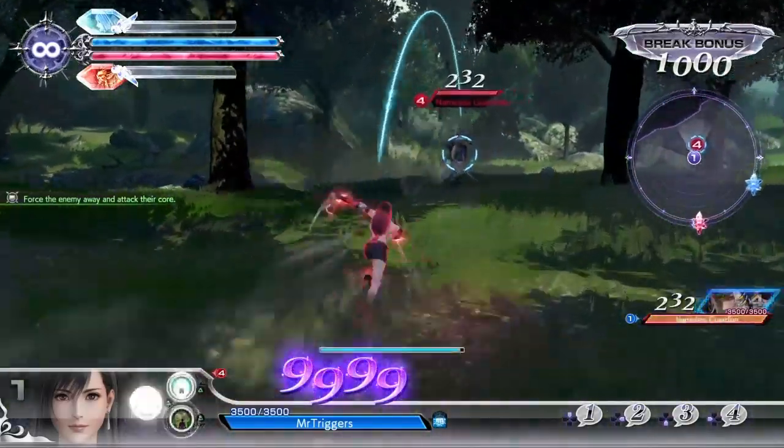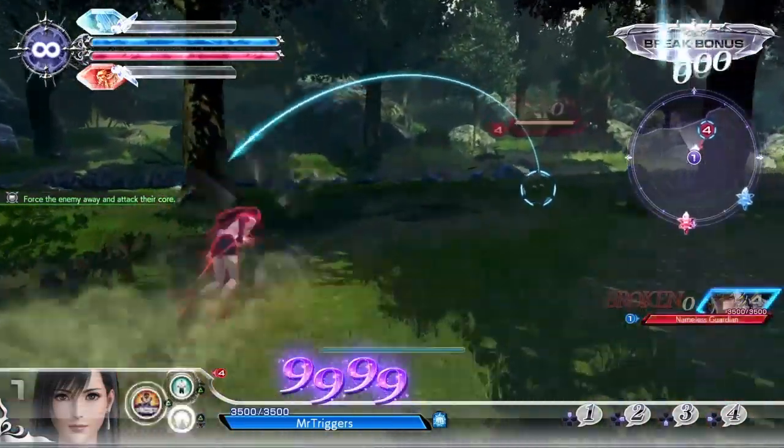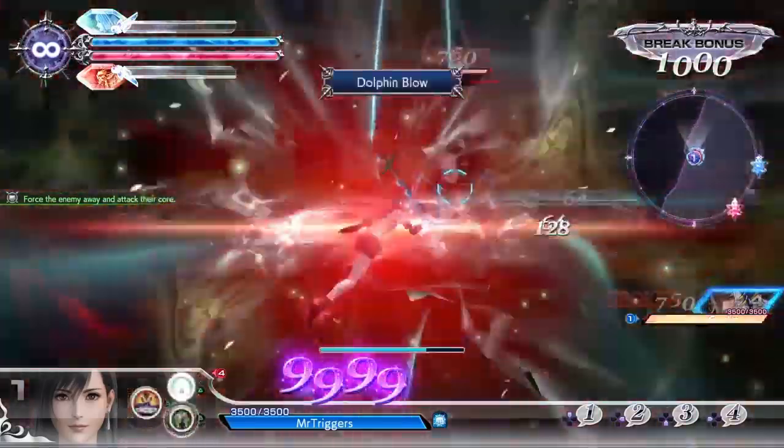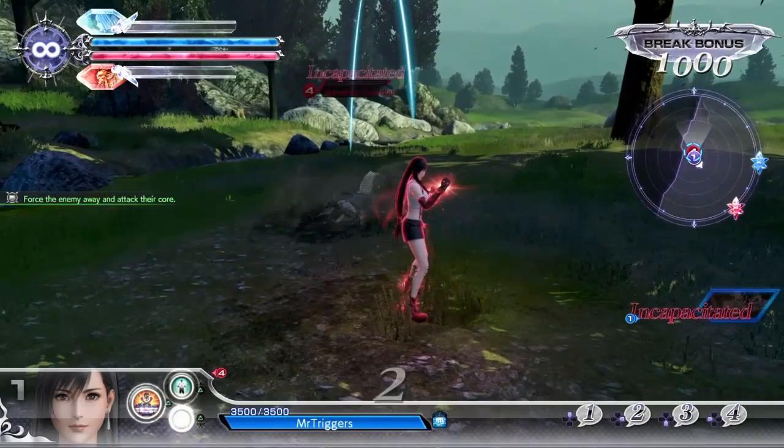See the difference? Blizzard Spike pushes the enemies away. Blizzard Ball does a lot more damage. So you can do stuff like that. Anyways, the